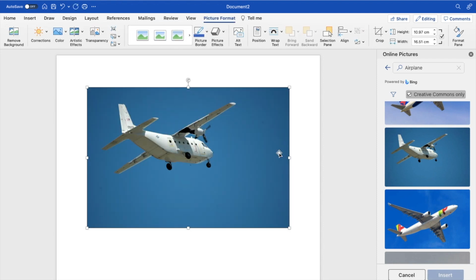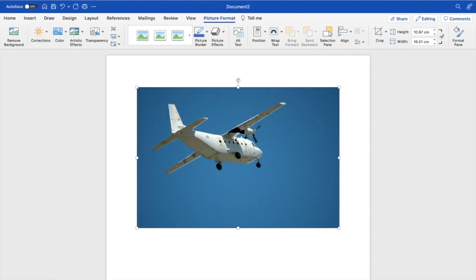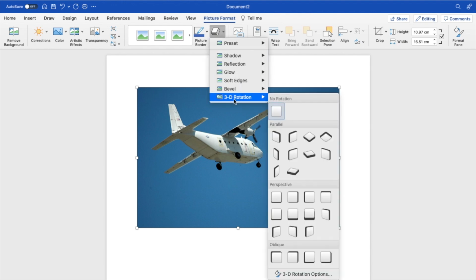Now, once your photo is selected, it's fairly straightforward. Press on the image right here, go to where it says Picture Effects, press on the drop down here. Then at the bottom, it says 3D rotation. However, over top of that, then what you can actually do is do a parallel rotation, a perspective rotation, or an oblique rotation. So, for example, if you wanted to have the image sort of like this, you can do